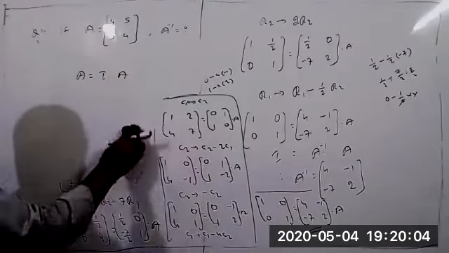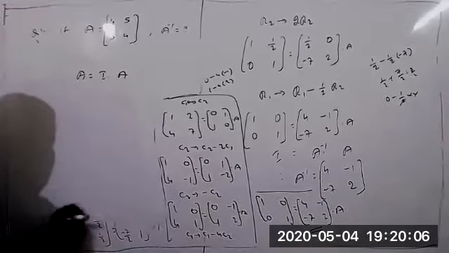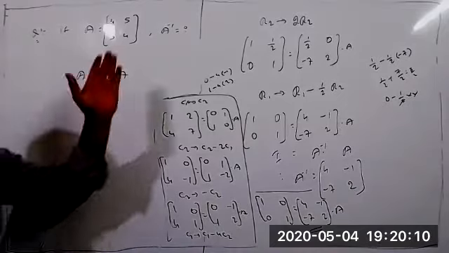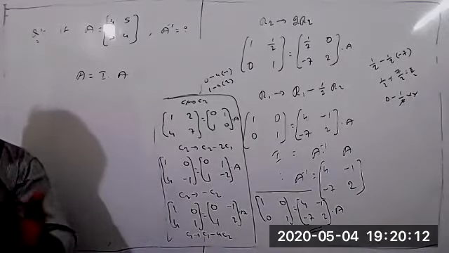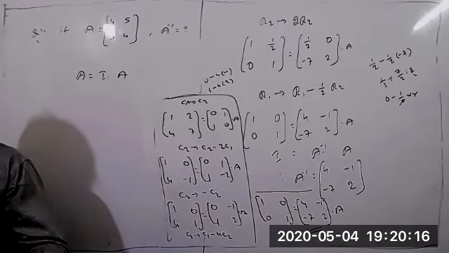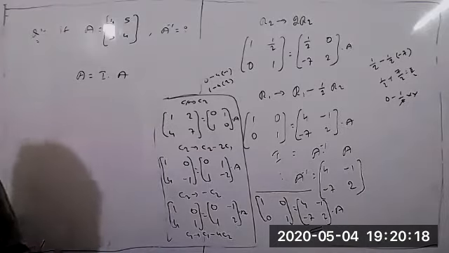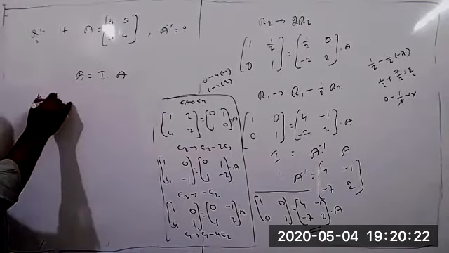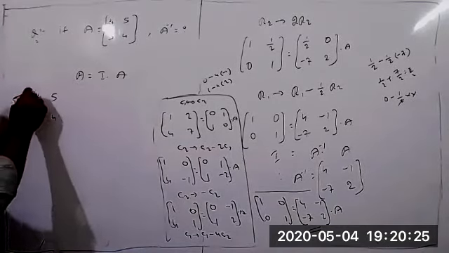This point you can remember, it's more useful to you. Because sometimes they'll give a matrix and ask you immediately to find the inverse of it. Some matrices we get, the inverse is not possible. But how to identify it? Now find the inverse of the matrix A equals 4, 5, 3, 4.